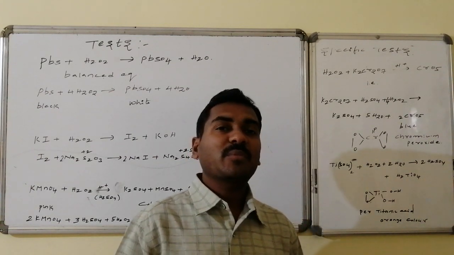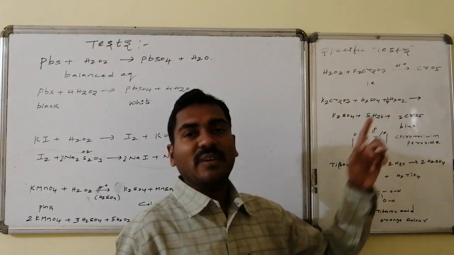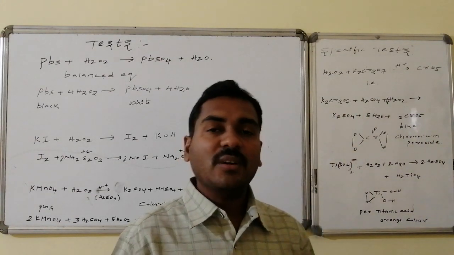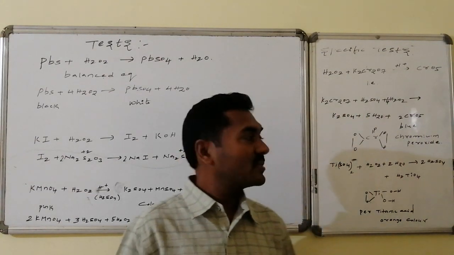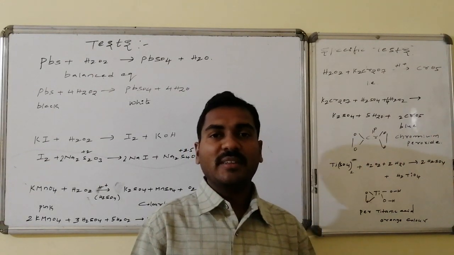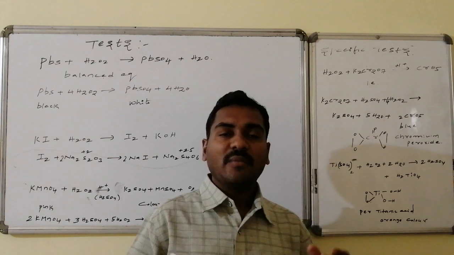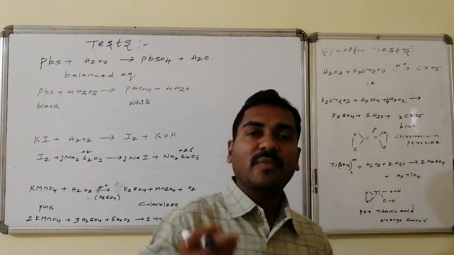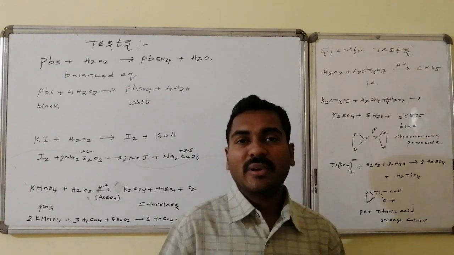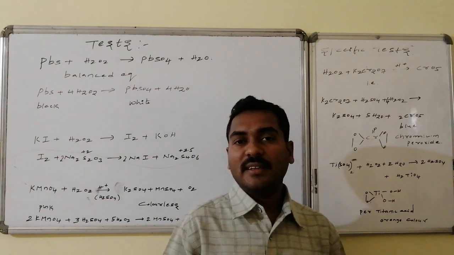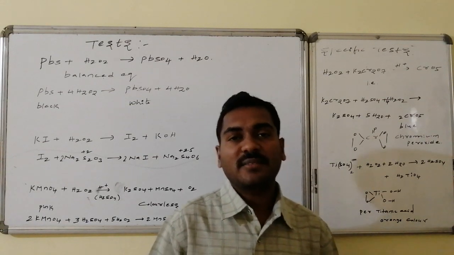That 4 is coming from 2 hydrogen peroxide molecules, whereas here 2 chromiums are there, hence the balanced equation consists of 4 hydrogen peroxide molecules. For this blue colored layer formation, pyridine followed by ether is taken as the solvent, whereas that pyridine ether layer is blue in color. That blue color formation is due to chromium peroxide. This chromium peroxide formation indicates the oxidizing agent is hydrogen peroxide.